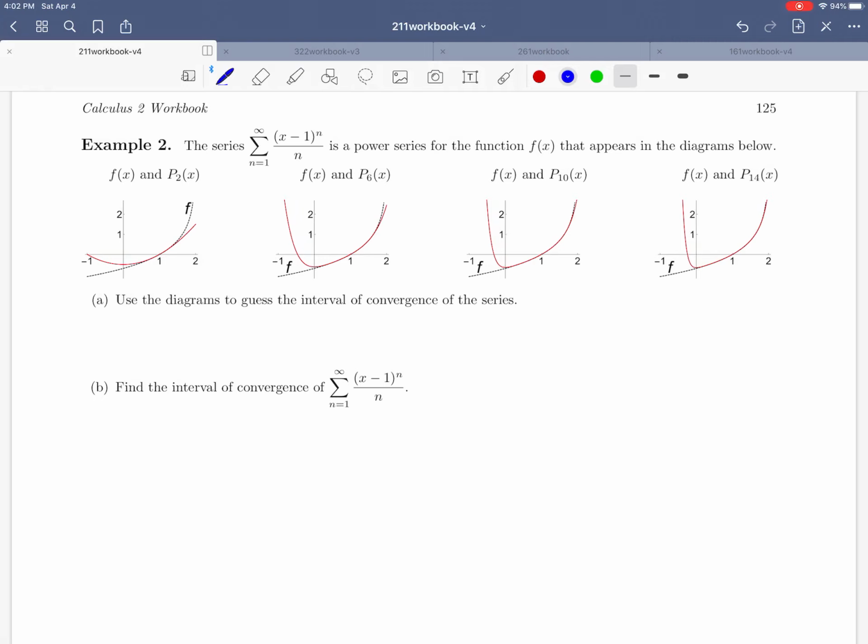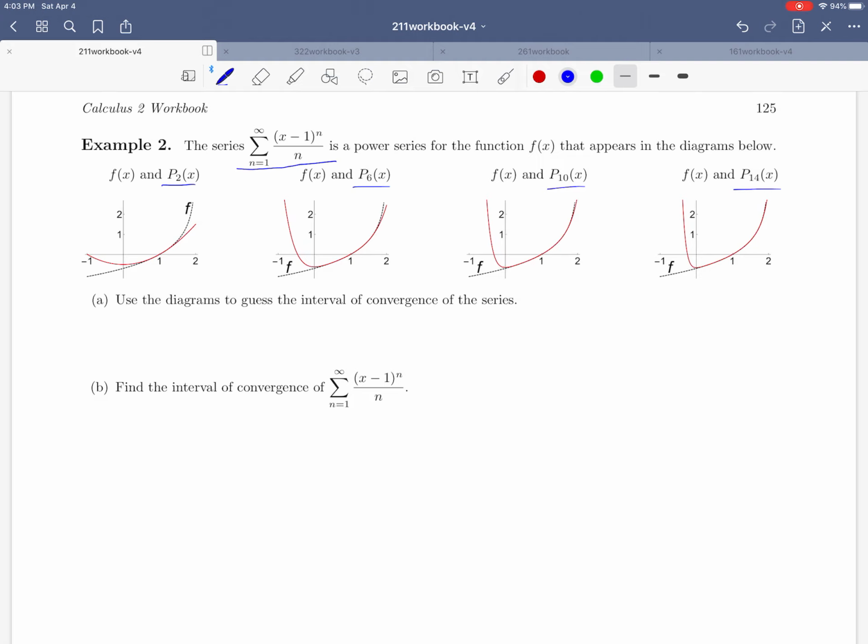In example 2, we are going to examine a power series. The series, n goes from 1 to infinity, (x minus 1) to the n over n, approximates some function f of x, and we would like to find the interval of convergence of this series. But before we compute the interval of convergence, let's examine approximations by a 2nd degree, 6th degree,